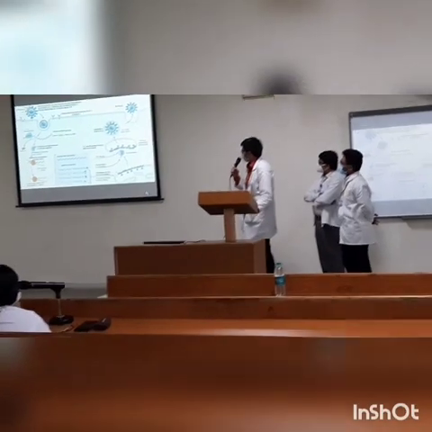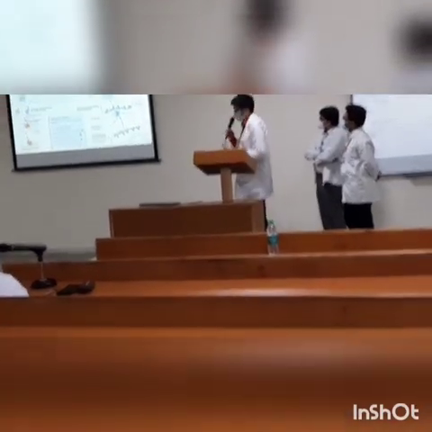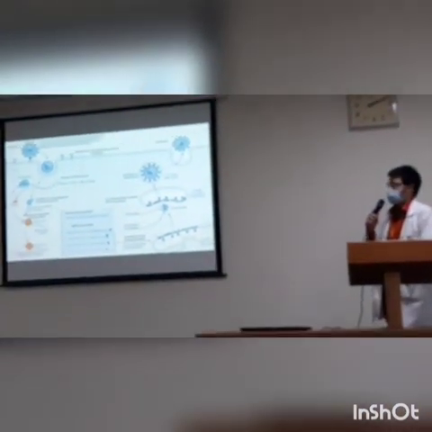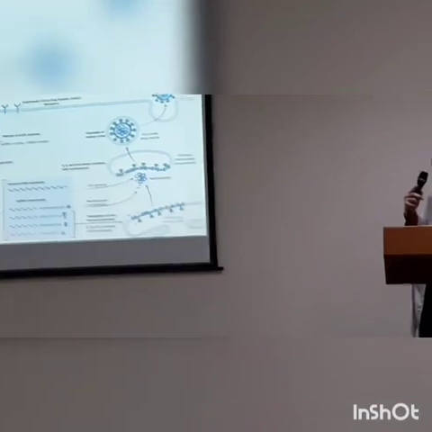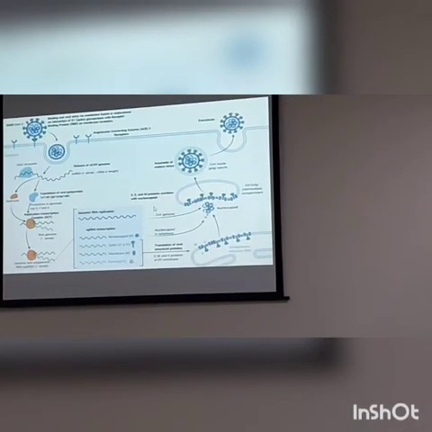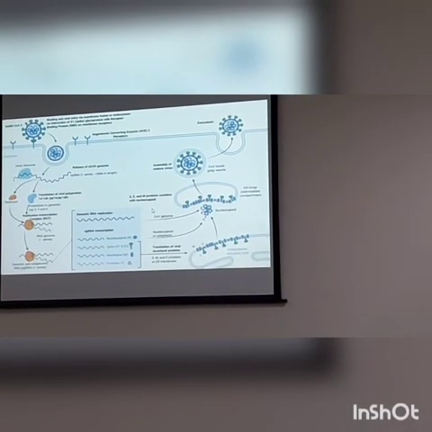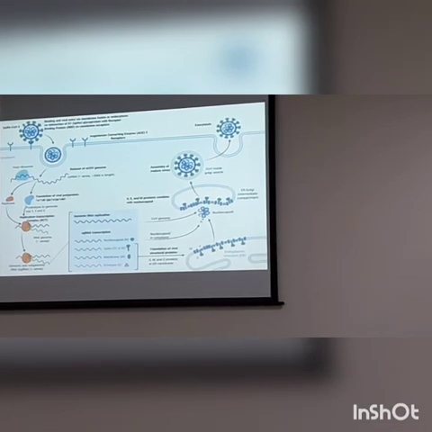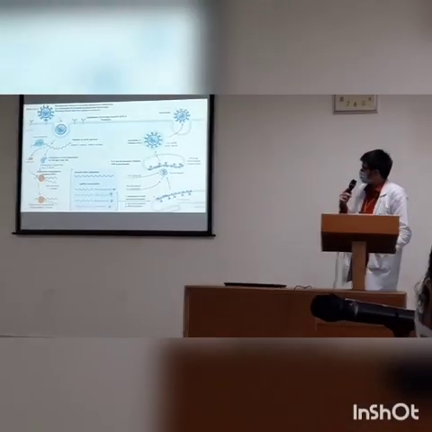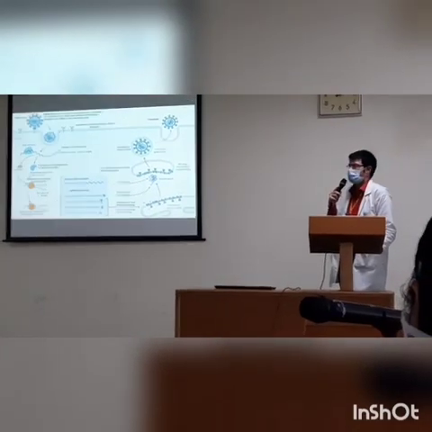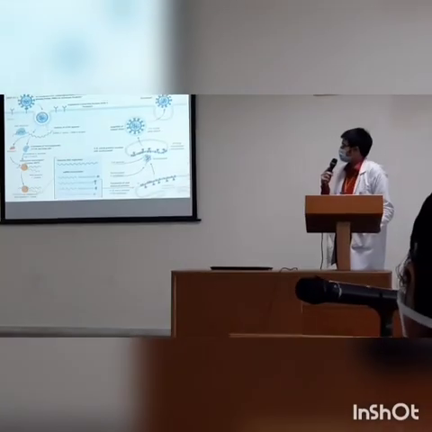Now this is the life cycle of COVID, how it enters and how it tends to propagate. The first cleavage happens using a transmembrane protease serine, which is a host cell protease. Once that happens, the spike protein has been cleaved. The spike protein then breaks into two subunits, S1 and S2. The S1 subunit binds and the S2 unit allows it to fuse with the host cell membrane, and then the whole thing is endocytosed.